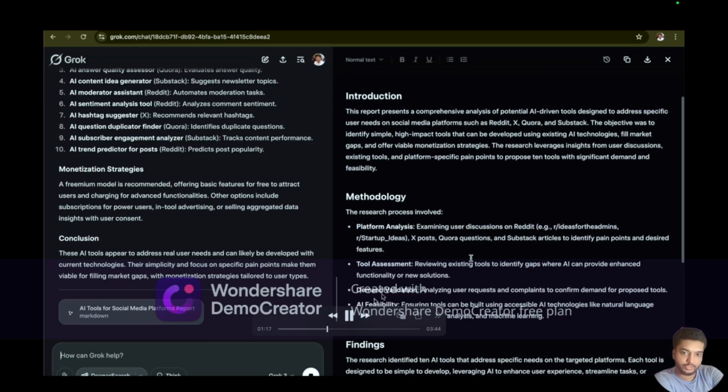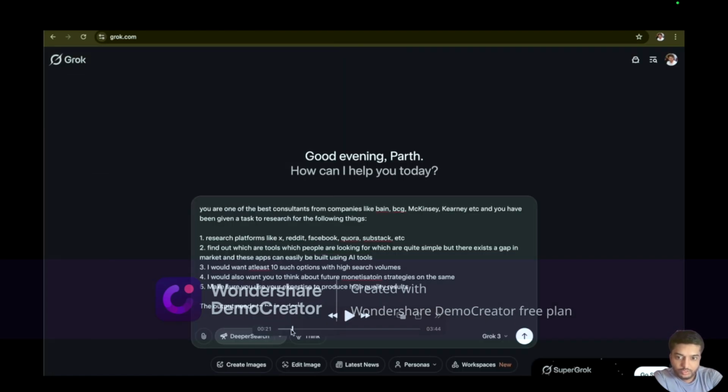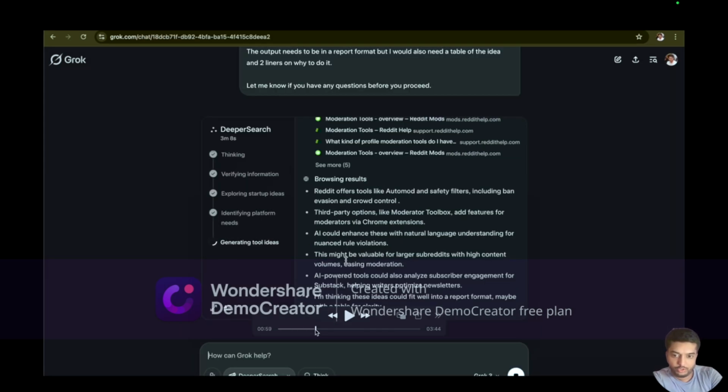Now, if you see, it has given the methodology, it has given the findings, but this is where Grok has really messed up. And hence, I mentioned the very last line to ask questions and seek clarity. Now, what my prompt was, if you read very carefully, I'll just go back to the prompt. I'd asked it to research platforms like X, Reddit, Facebook, Quora, and to find out the tools which people are looking for, which are simple, but there exists a gap. Now, what Grok did was